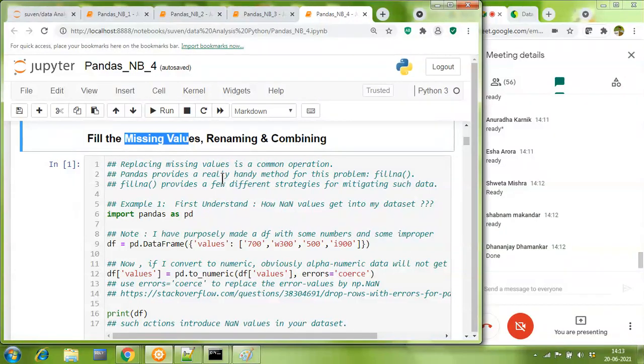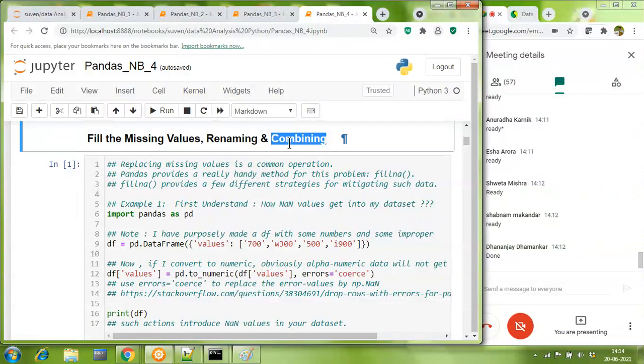Many times our columns are not properly named, so we wish to rename them. And many times two or more data frames are given to you, and you wish to combine those data frames to make a single data frame out of them. So how do we combine two or more data frames? We're going to look at this.